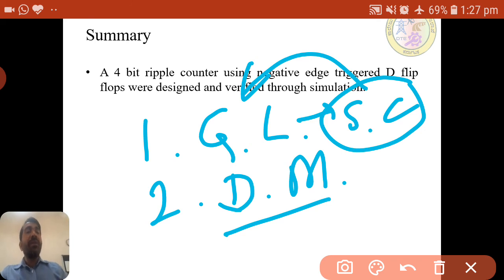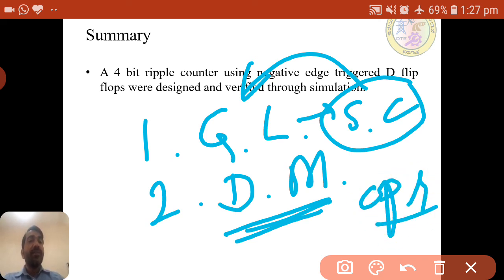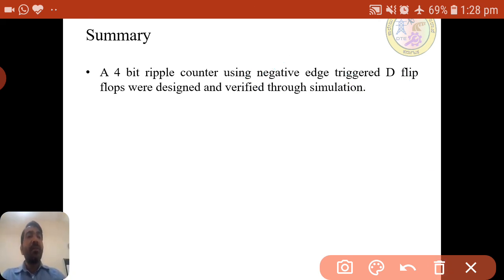Whatever may be the complexity, we can represent it all with a Boolean equation. That Boolean equation we can implement using data flow modeling, by using the operators. So very easily we can implement the designs. Whatever tools come, Xilinx or Altera or Cadence, the synthesis job is that whatever design is there, it will convert into logic gates or a netlist. That is its job.